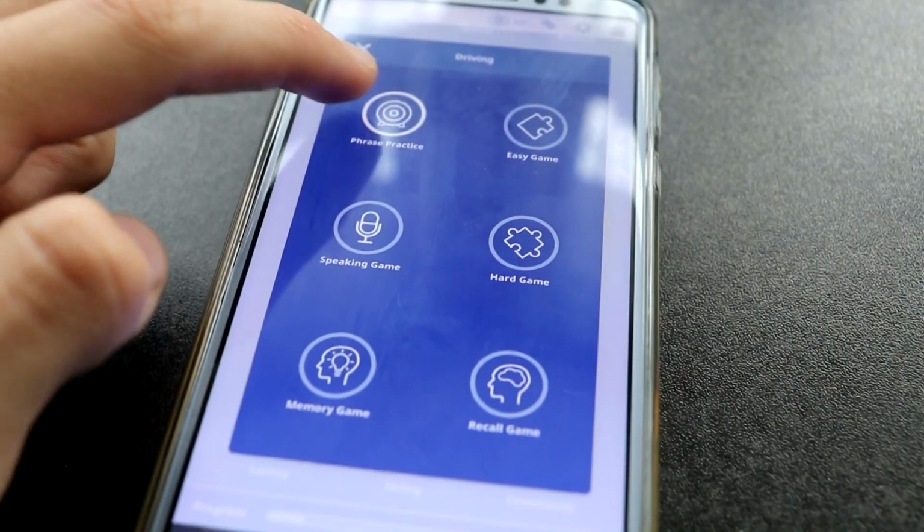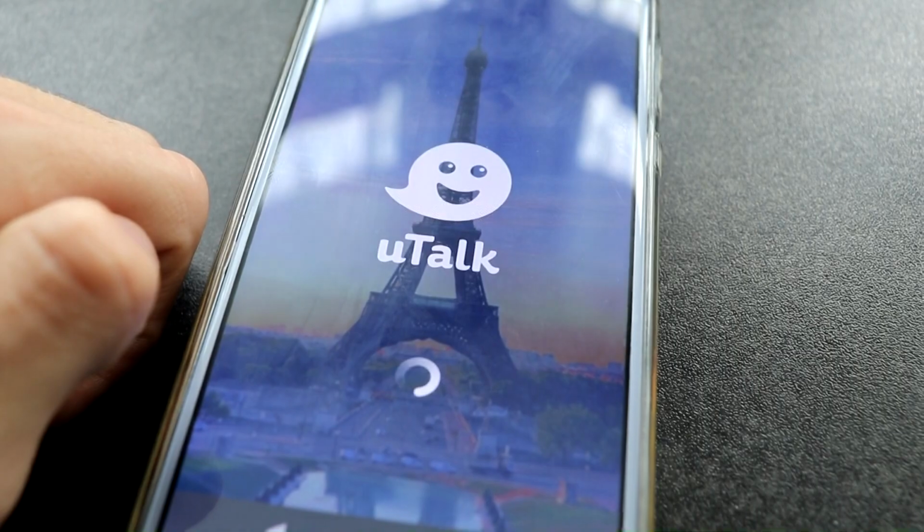One negative about Utalk, which it's not something a lot of apps have, but it's something I would add to any app, but Utalk in particular because of the bright colours in the background. I think they should add a dark mode because if you want to use it in low light or just before going to bed, it could be straining on your eyes. And yeah, just having a dark mode which kind of darkens all the tones, maybe a black greyish background, and then just the pictures on front with low brightness. That would be quite useful, so that you won't be straining your eyes in a hotel room in Denmark before